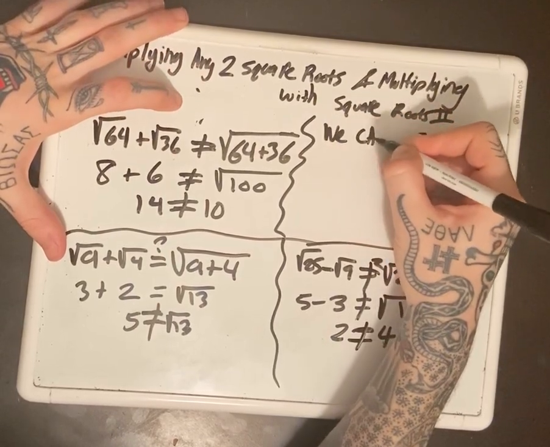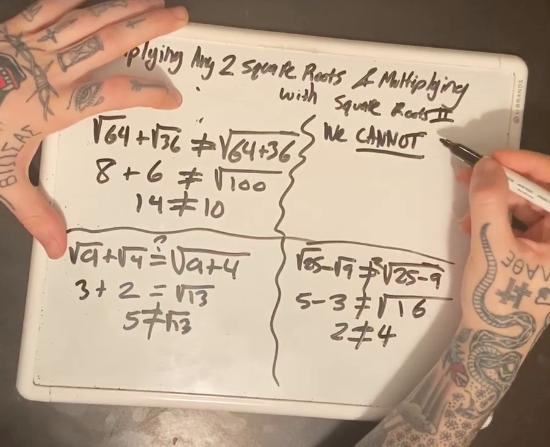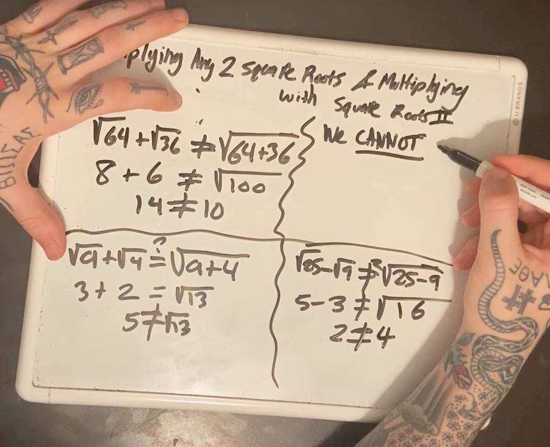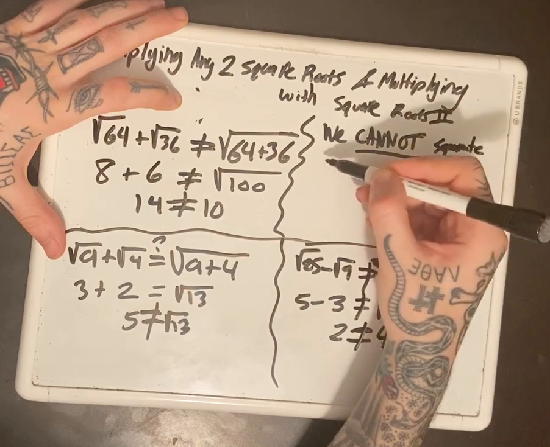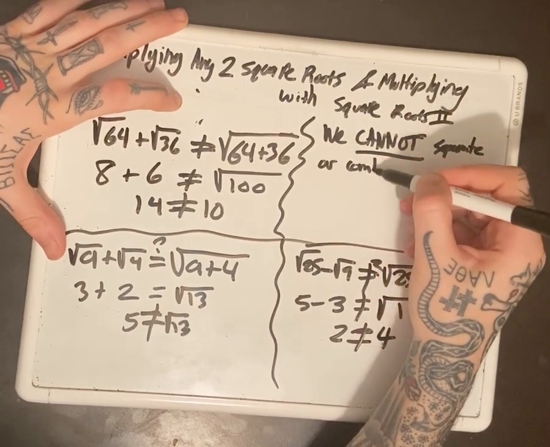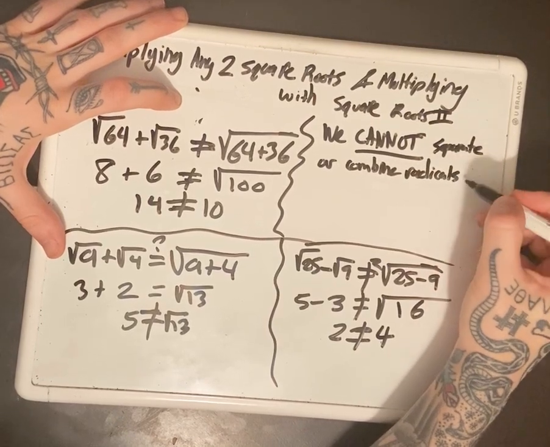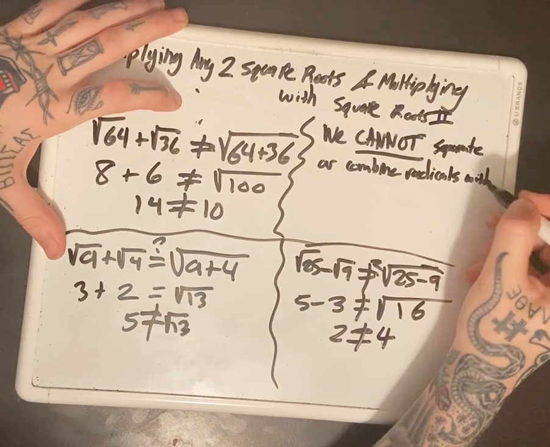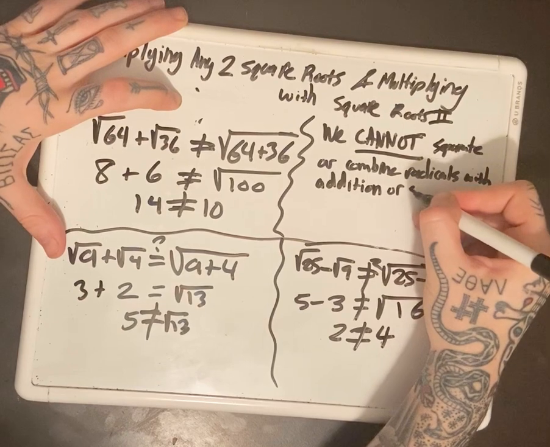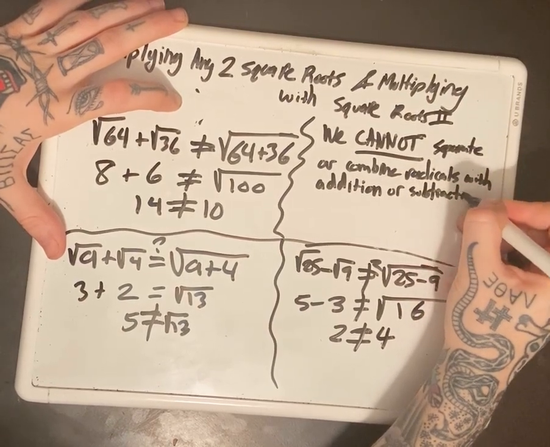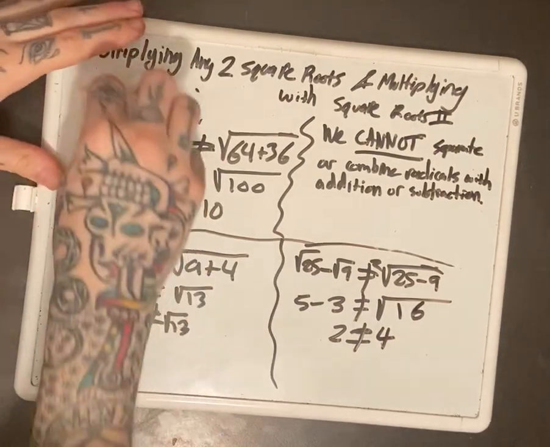We cannot separate or combine radicals with addition or subtraction. Okay? So we can only break things into bigger or smaller radicals with multiplication,